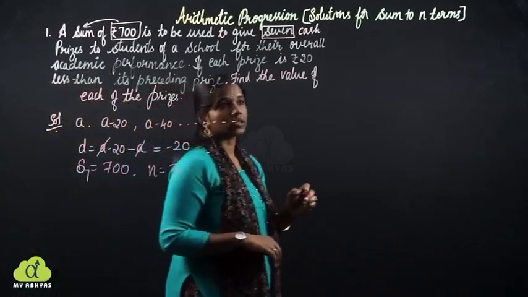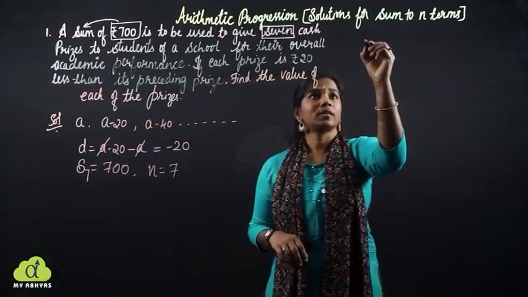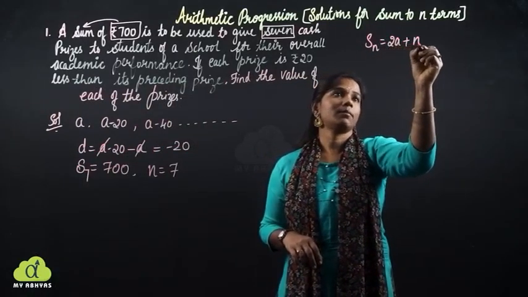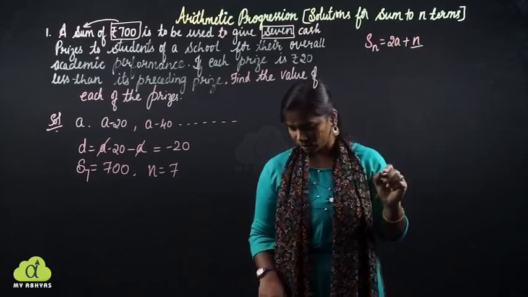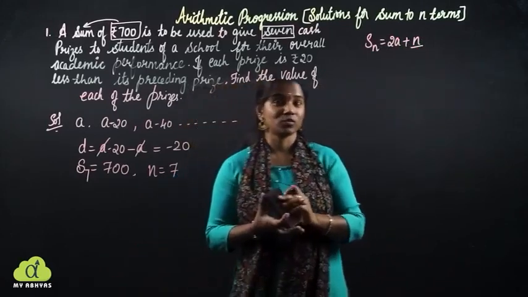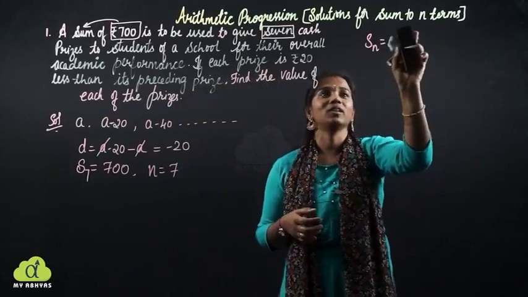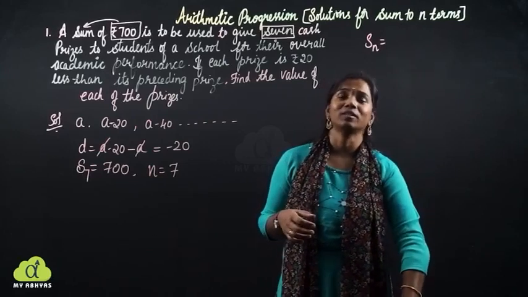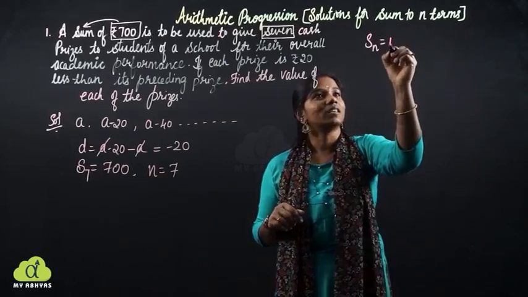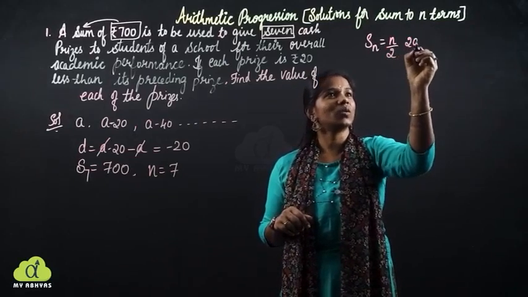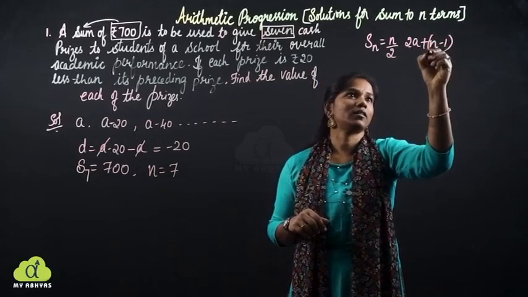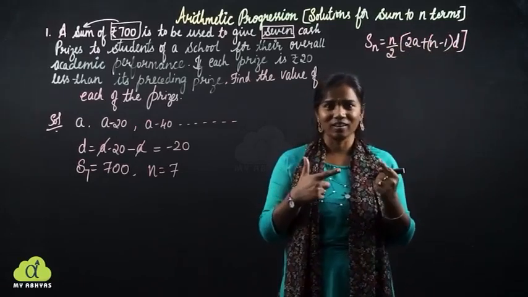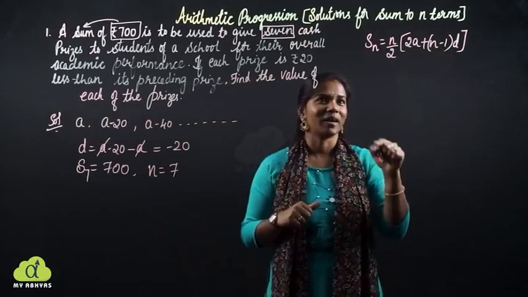Now, let us use the formula. Sn is equal to n divided by 2 into 2a plus n minus 1. Why is it 2a? That is why we have to recall the formula and then go ahead. What is the formula for finding the sum to n terms? It is Sn is equal to n by 2 into 2a plus n minus 1 into d. Few more formulas, two more formulas, you can recall immediately. Did you recall? Okay, then come back here.